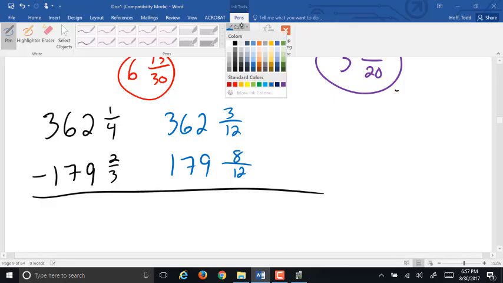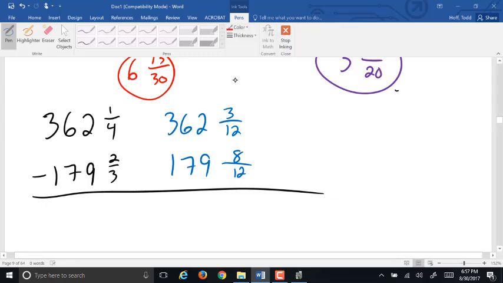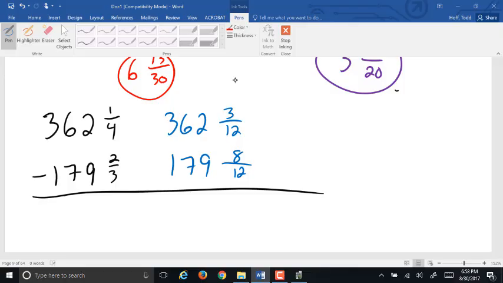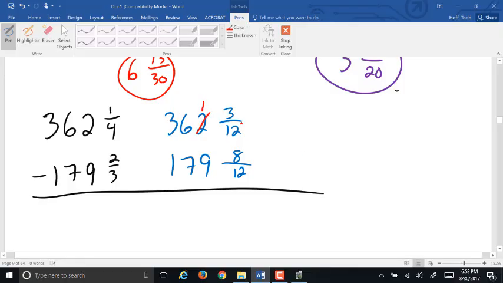We go to subtract. There we go. New computer, and it hasn't got quite fine-tuned yet. And we go to subtract. 3/12 minus 8/12. Can't do it. So what do we have to do? Borrow from the 2. It becomes a 1. And what do we do here? Add 12 to it. It's now 15/12. So now we subtract 15 minus 8,